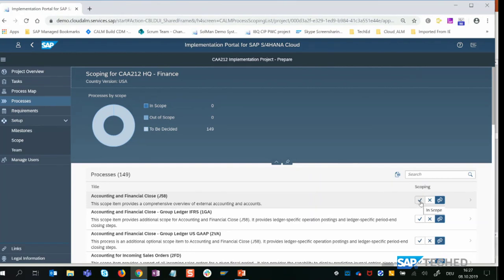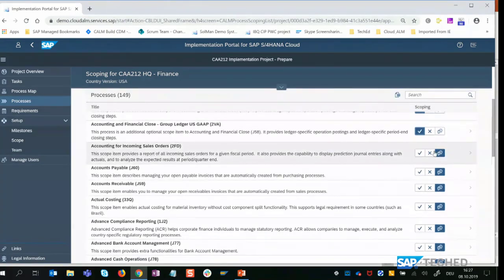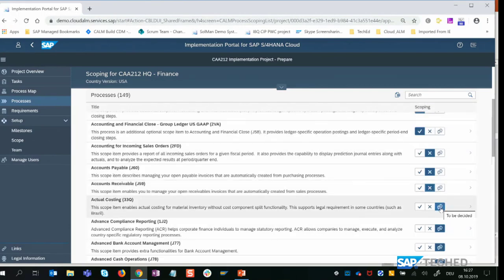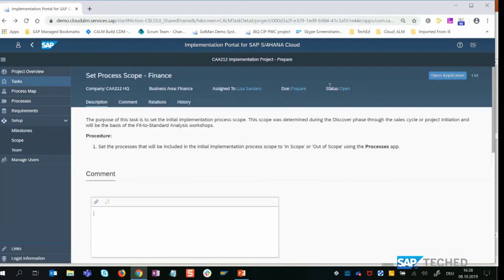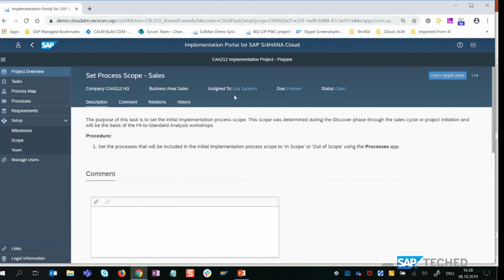And here you can make the decision which processes are in scope and which processes are out of scope, and which still have to be decided, where you don't know yet. Let's say we are 75% done with the finance area because we have to double check some additional tasks, but the same we also do for sales.